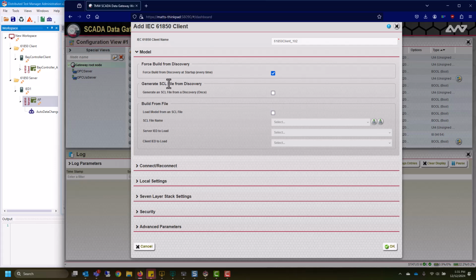An alternate method would be performing a discovery just one time on the server and then building an SCL file based off of that. Then each time you start up the workspace or build up the SCADA Data Gateway from being restarted or something, it'll go ahead and look at the created SCL file in order to base that model